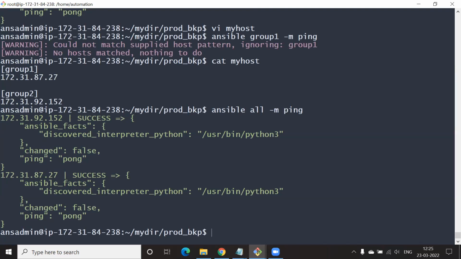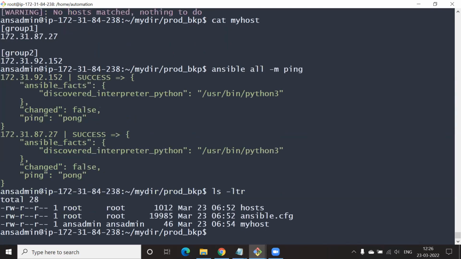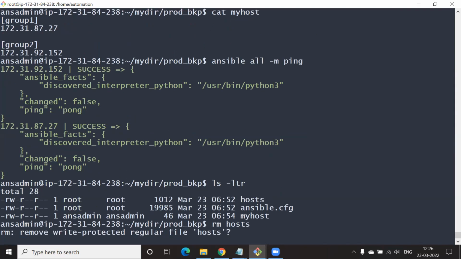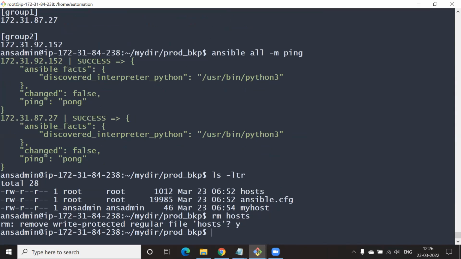Speaking of 27, say ls. Just to avoid the confusion, remove the host file. Verified.